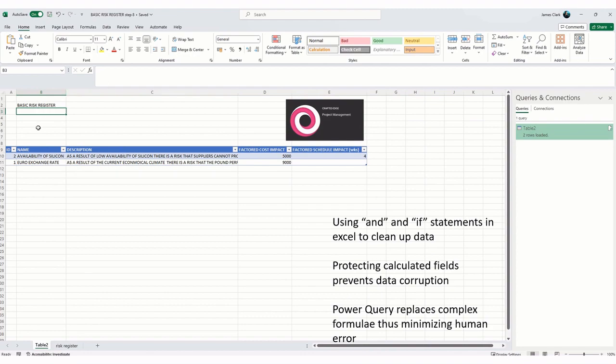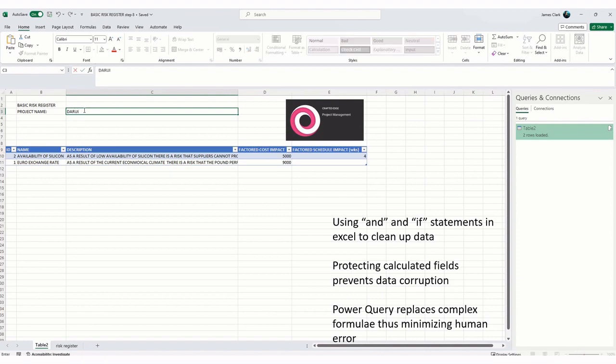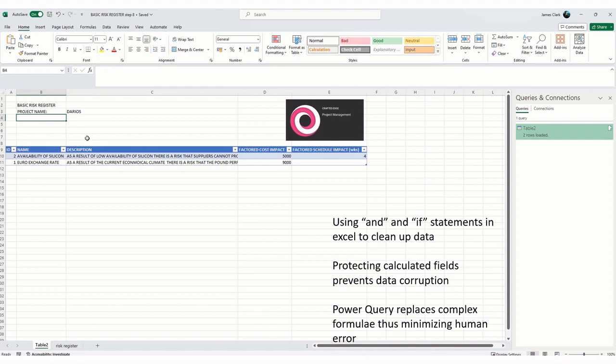It's going to have a project number or project name. In this case, Darios. Okay. Now we're going to do a little bit more tidying, but the data we're going to be interested in,